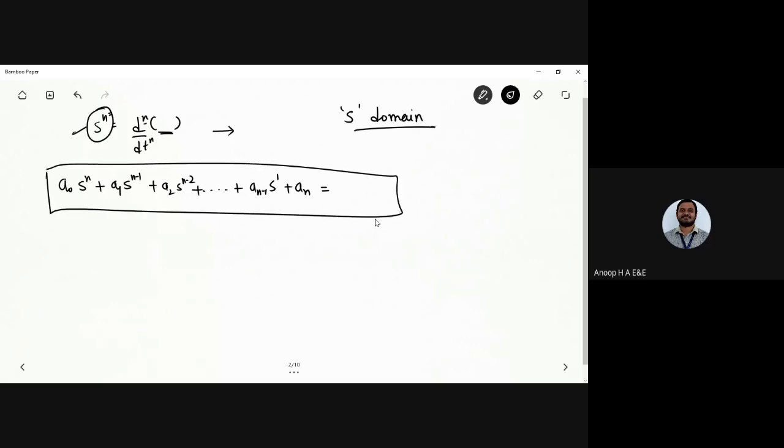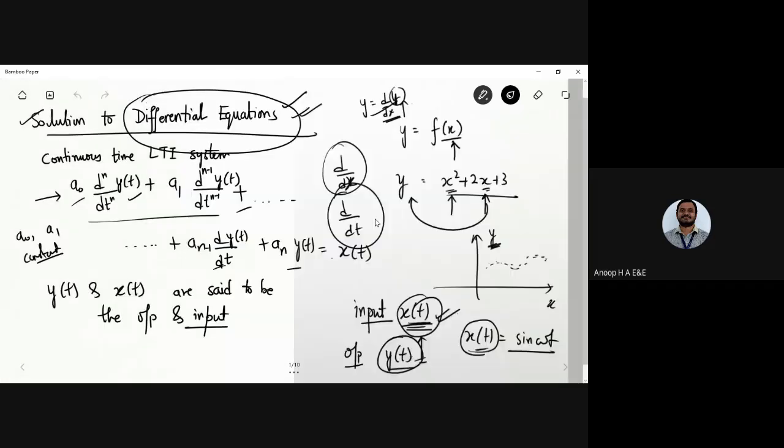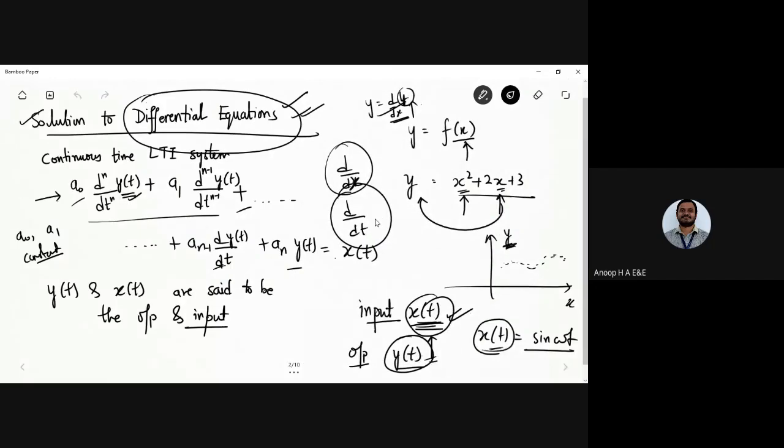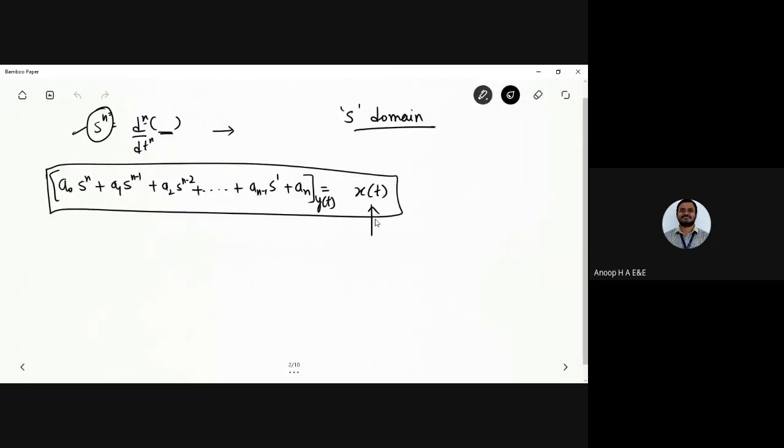Now if I have the input, I can write it as the input signal, that is x(t). So for this equation, I need to take y(t), whatever is being given in the differentiator operator, as a common factor. So how am I differentiating here? I'm differentiating with respect to y(t), or x(t), or any given continuous time domain system, whatever I am going to represent here, I am going to take it outside.